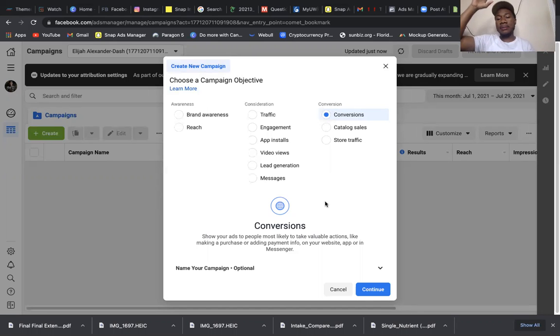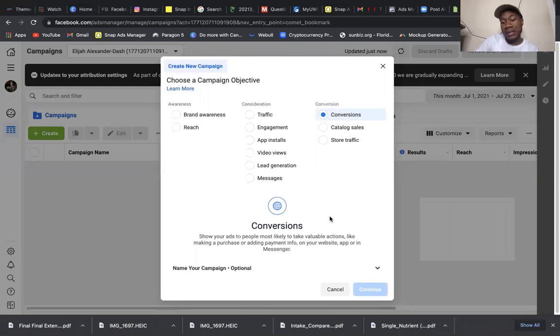Excuse me, guys, I kind of lost track, but basically, when it comes to doing conversions, this is essentially what I do online anyway. For some of y'all who do video views, it's the same way. Basically, you just follow the steps. When you create a campaign, Facebook will pretty much walk you through whatever you need to know. So what I do is click continue.